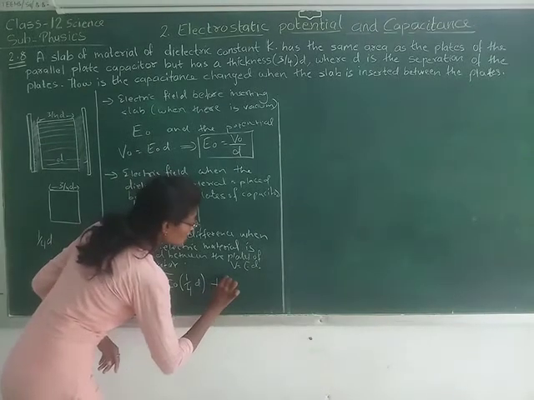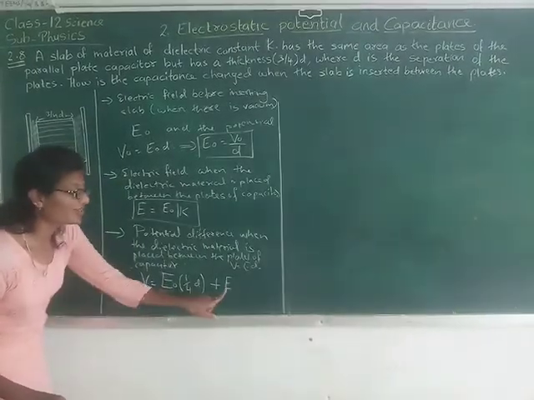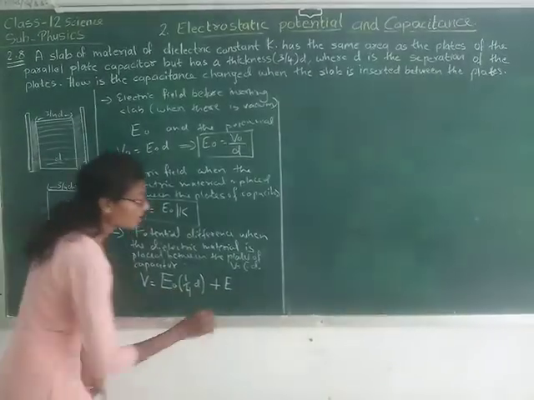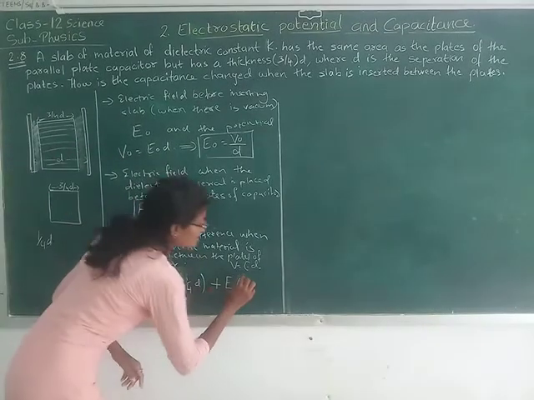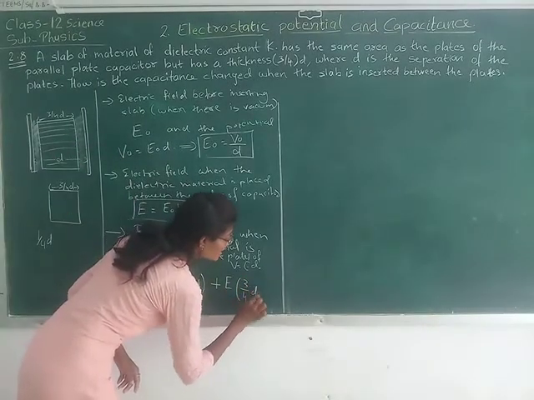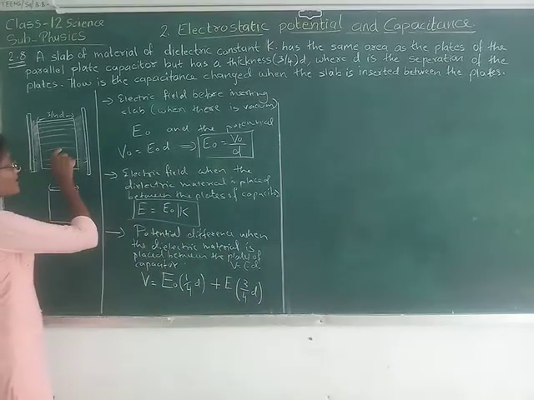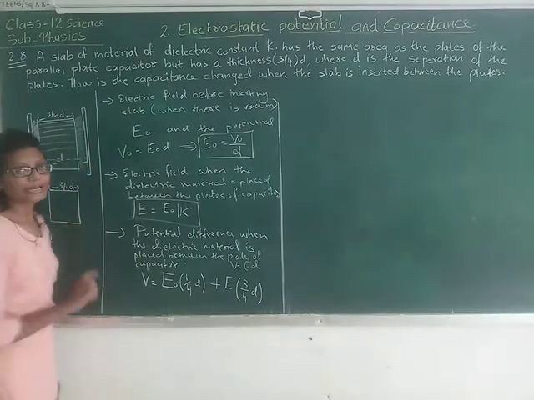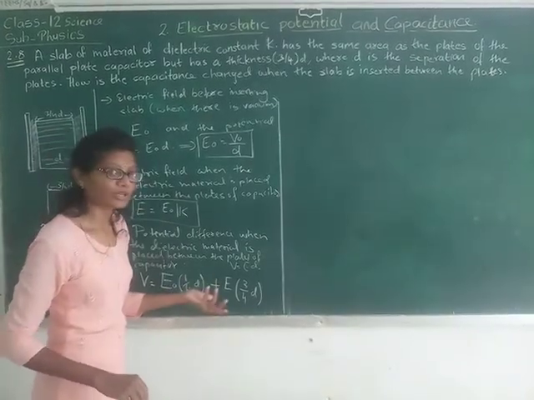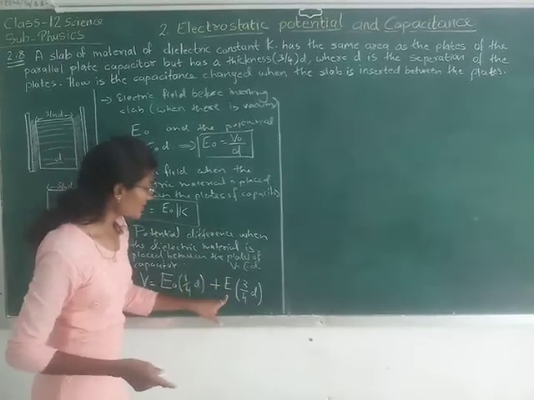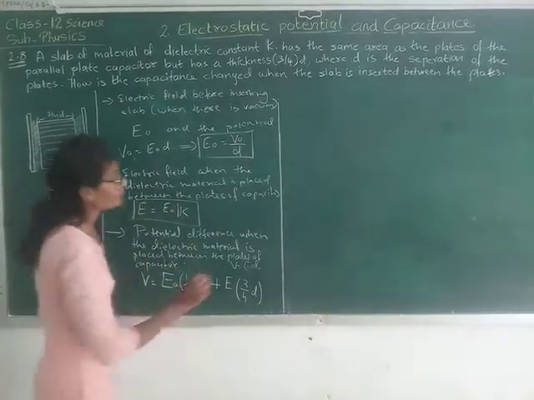So that will be what? Here, because we are using the dielectric material, its electric field will be what? It will be E. And this much distance, right? That is 3 by 4 D, right? Now you can relate this electric field of this dielectric material with the electric field where there is no dielectric material, that is where there is vacuum, right? So instead of this, we can use this equation, E equals to E0 by K.